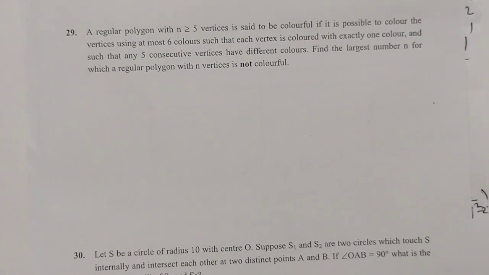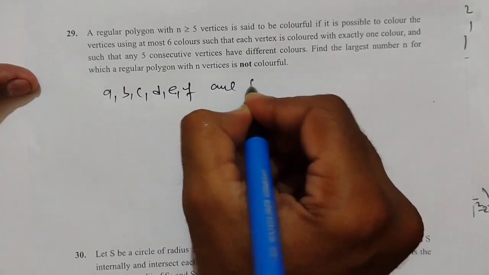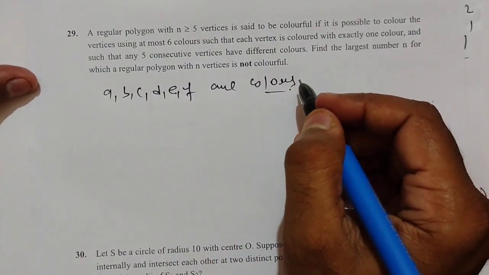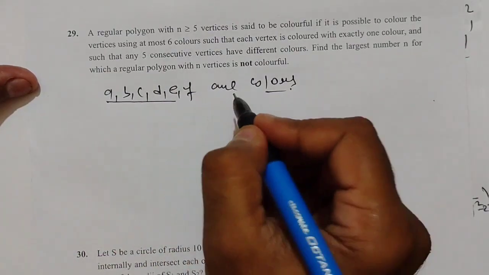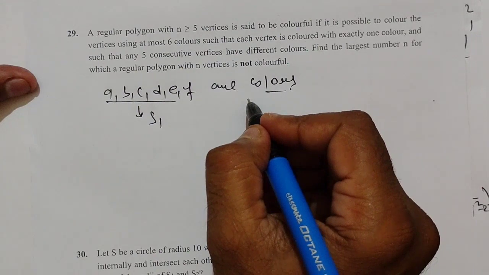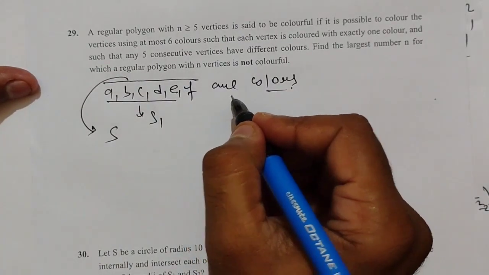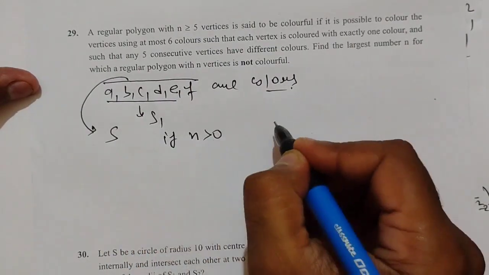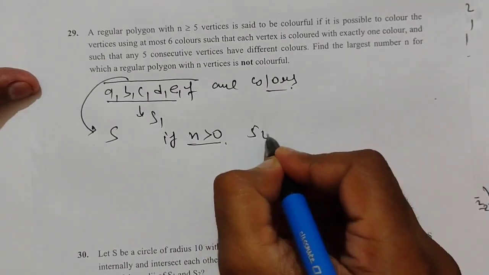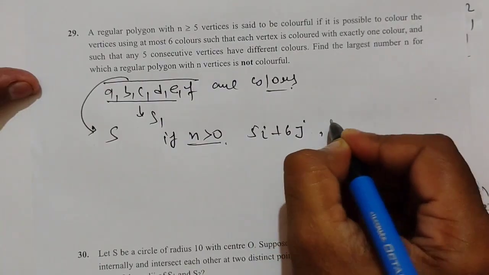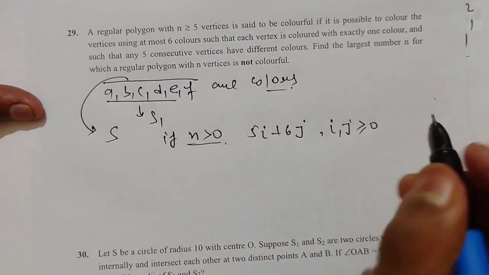So now let A, B, C, D, E and F be the colors, and let the sequence A, B, C, D, E be called the first sequence, S1, and the sequence A, B, C, D, E, F be called the larger sequence S. If n is greater than 0 is a number which can be represented in the form 5i plus 6j for values of i and j greater than or equal to 0, then n satisfies the condition of the problem. We may place i consecutive